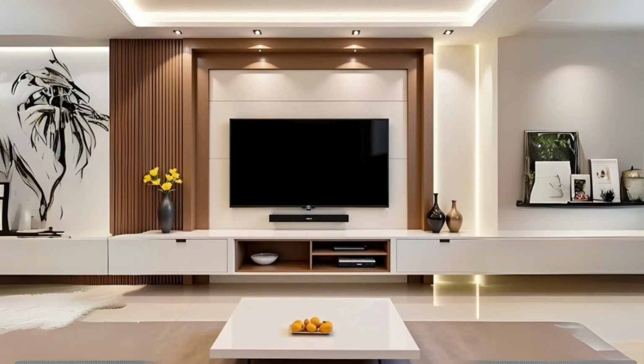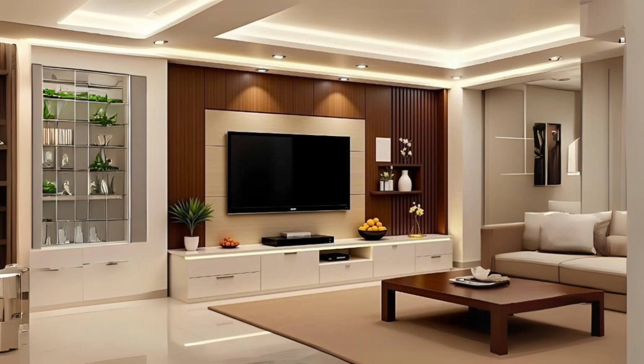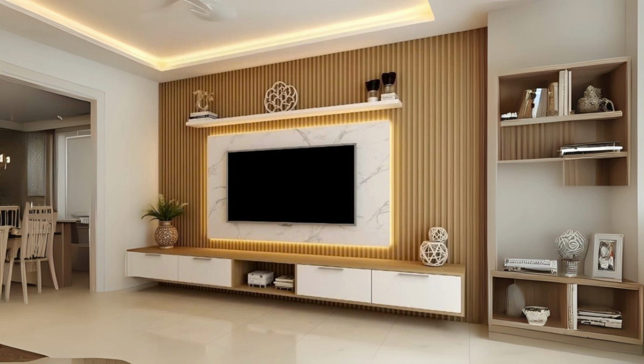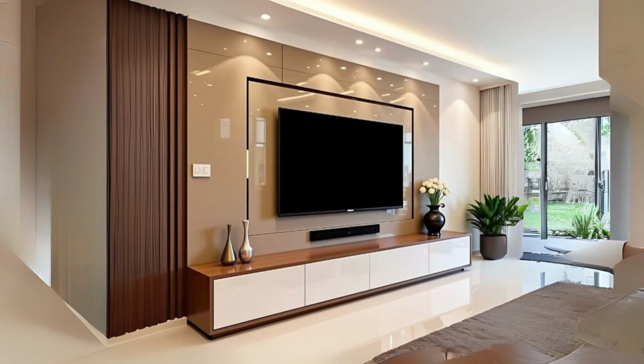Corner of your home. Today we're diving into a design feature that often gets overlooked, yet it holds the power to completely transform your living room: the modern TV stand. But wait, this isn't just about placing a screen on a shelf. No, the TV stand is now a bold design statement, a stylish fusion of aesthetics, functionality, and personality. So, if you thought your TV wall was just a background element, get ready to see it in a whole